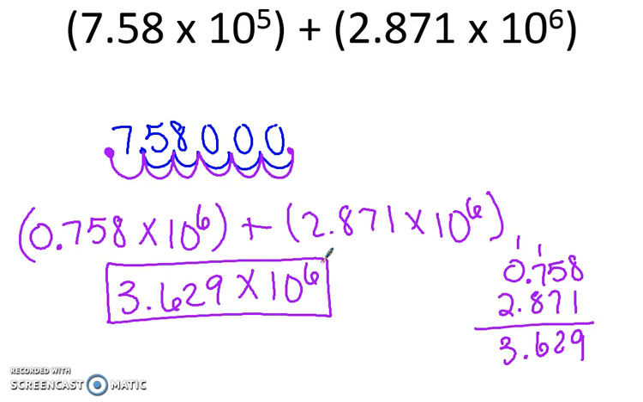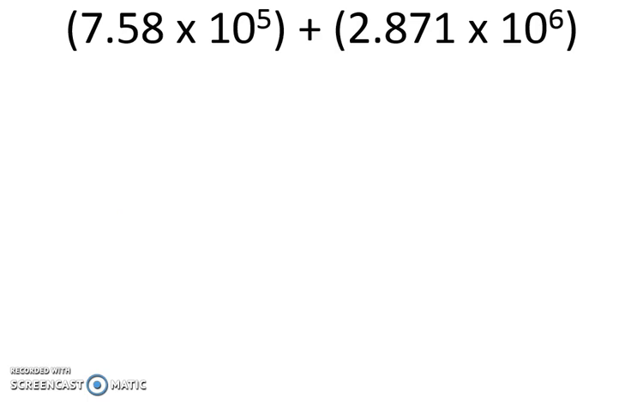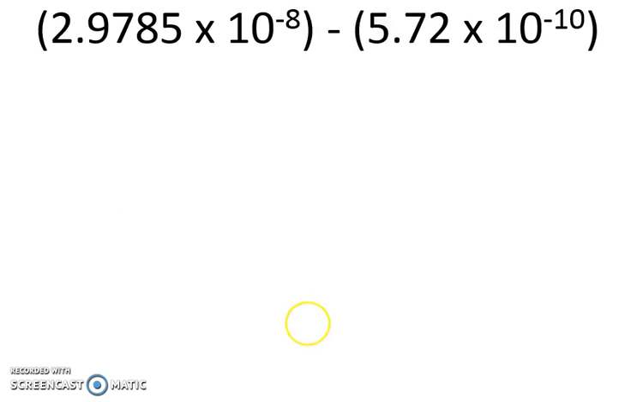Let's try another one kind of like that, but with negatives. So we have -8 and -10 as our exponents now. So let's change one. Let's change the right one this time. We changed the left one last time. It's only fair. So we got